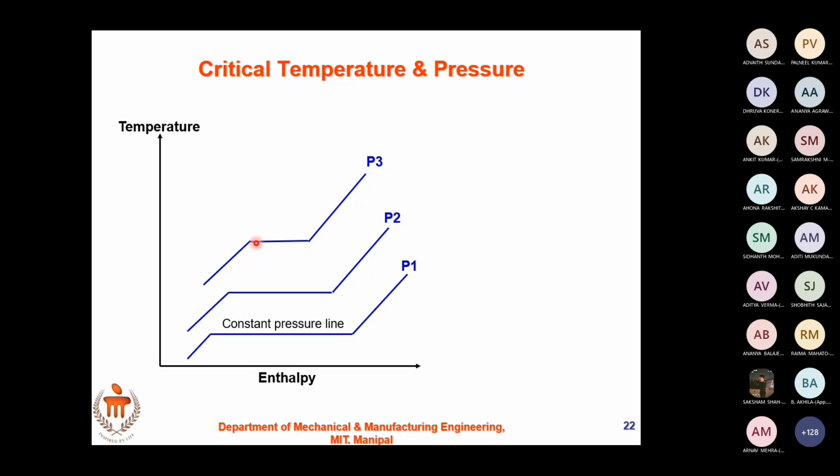Understood? Okay. Now, what are you seeing here? This is the latent heat. What is happening to the latent heat? It is reducing. Decreasing. Okay, fine. Now, what does this latent heat represent? The amount of energy required for the conversion of phase. Yes, this part represents the mixture part. Ma'am, the temperature is constant. Exactly. The temperature is constant, and I have a mixture here.